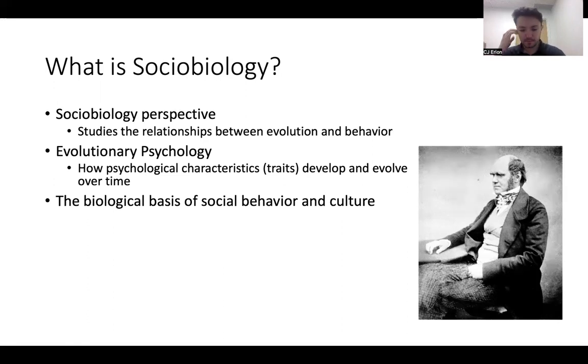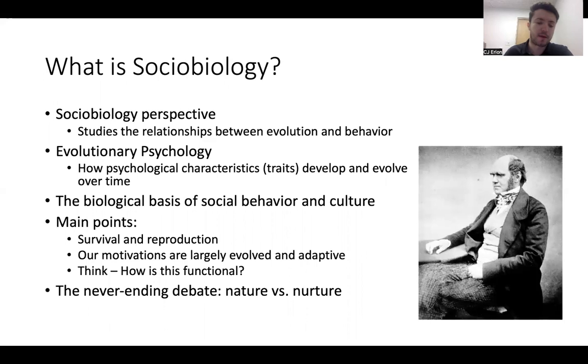So basically, we've evolved to have the various motivations that we have, and this biological evolution and how it interacts with culture leads to how we act and what things we're motivated for. The main points are definitely survival and reproduction. That's the key part of this: why are these things adaptive? Why have certain motivations evolved? Why are they still here?